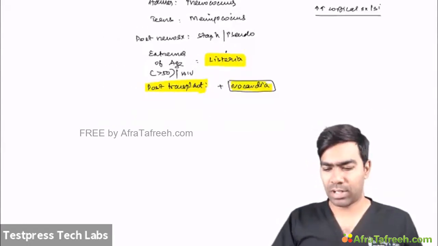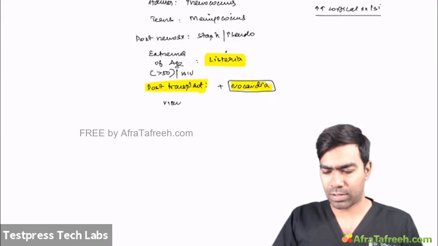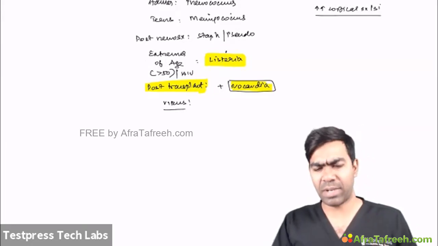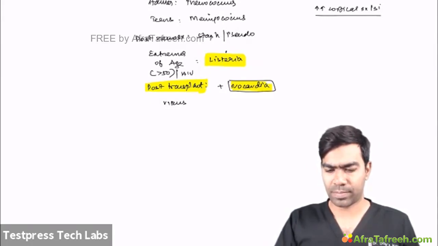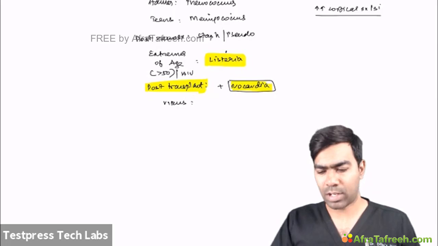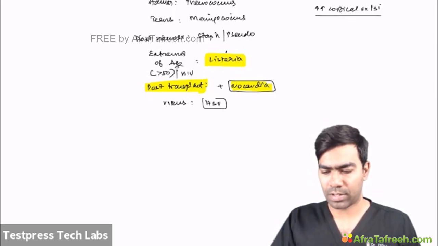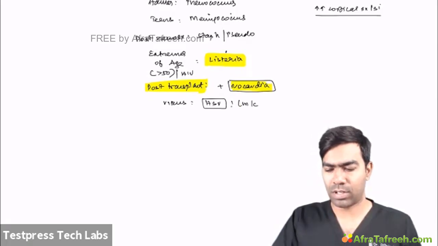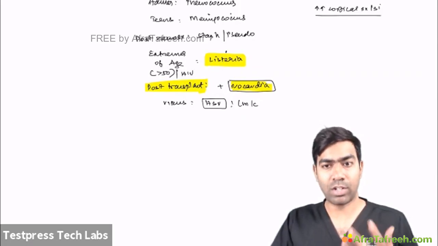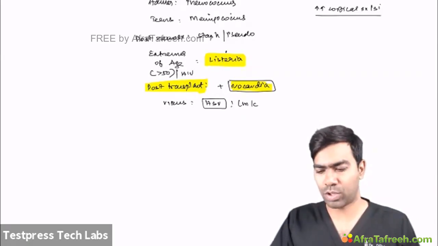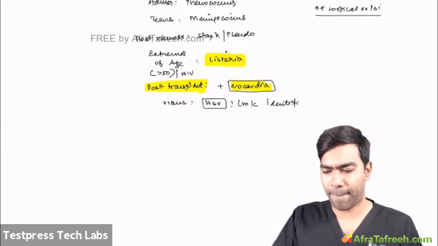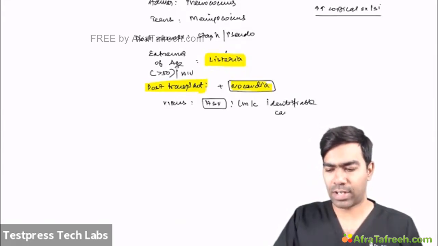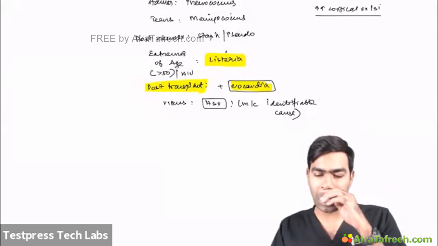And apart from that, if you think about a virus, there are many viruses that can cause encephalitis and meningitis. But if you think about a virus, always think about herpes simplex virus. That's the most common virus that is a known cause of viral encephalitis. The most common identifiable cause of viral encephalitis is herpes simplex encephalitis.